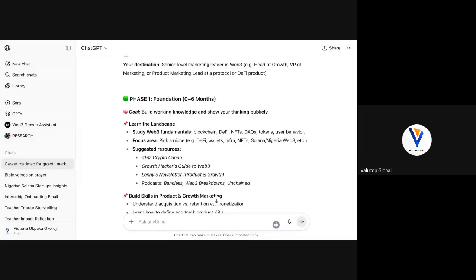I think one of the ways that can help you to be able to do this is to be active on Twitter. I've been hammering on this thing for ages. This is not the time and age for you to be hidden from social media. Social media right now is your strength, a place for you to brand. And when it comes to Web3 careers, Twitter is your weapon. Twitter, you see X, is your proof of work. X is your public resume. X is your weapon of mass creativity and also destruction.